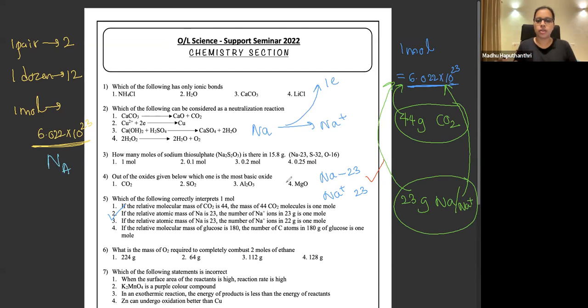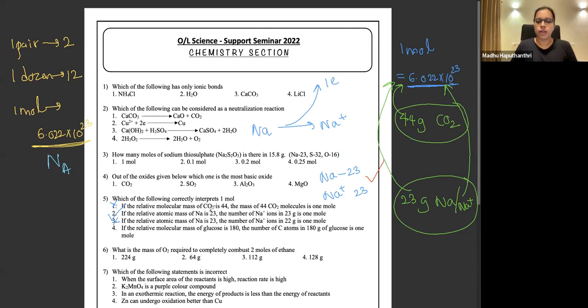Just because you are losing 1 mole of electrons, that is not accounting for 1 gram, right? Stay mindful, electrons do have a mass, but compared to the mass of a proton or a neutron, its mass is negligible. So therefore, when you are taking the mass of any element or ion or compound, we don't care for electrons. So here, the statement is wrong because of the mass I have suggested here.